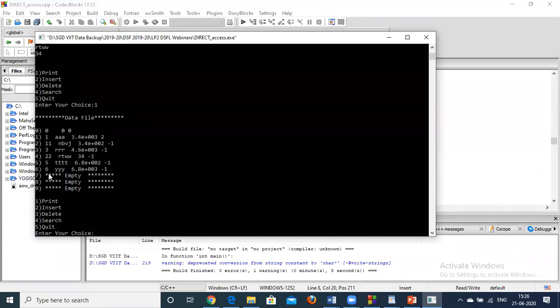As we reach an empty location, that means no element of hash value 4 is present, so we conclude that it is not present. So here we need to search for the start of the chain first. If the start of the chain is found, we compare with the synonyms only. So in this case, 22 is inserted at position 4.